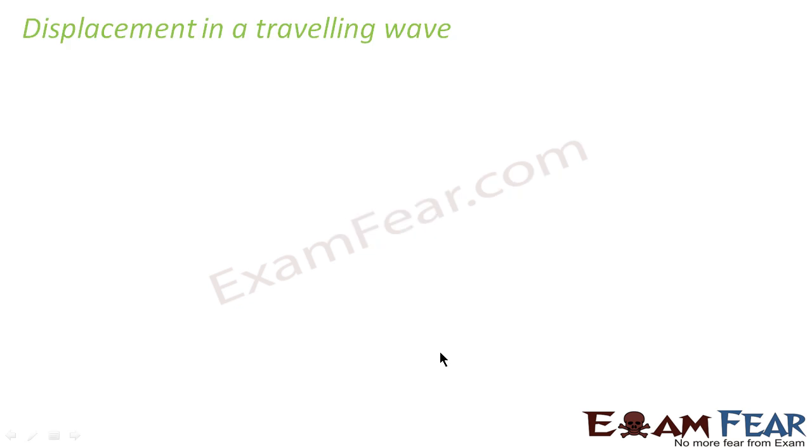Now that we have talked about amplitude and phase as well as wavelength of a wave, let us talk about displacement in a traveling wave. I introduced traveling wave, right? So now we will see how we determine or denote the displacement in a traveling wave, because a traveling wave is always traveling, it is always moving. So it is always undergoing some displacement in space with time. So how do we get to know that displacement?